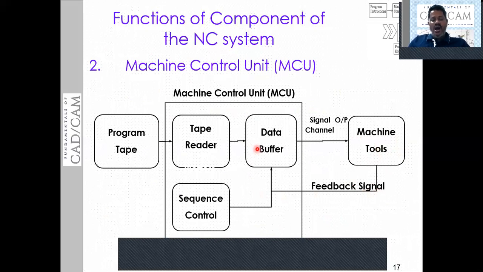Now let us see how this feedback signal is going to work. We have a separate feedback device which receives the signal, processes the data, calculates the error, reprocesses the data, and sends the zero error signal to the machine. This feedback device is going to perform that.